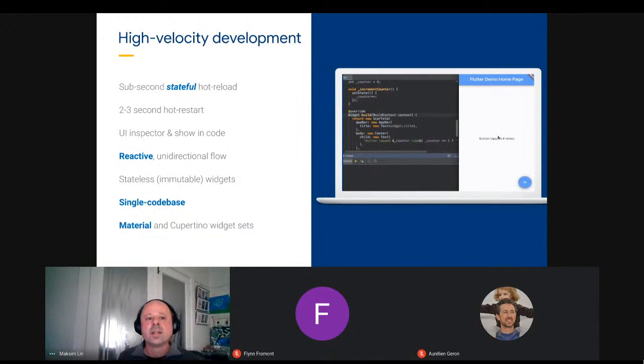Now, there's also other tooling involved. There's a fantastic user interface inspector, and it has a great feature which lets you basically click on a particular part of your user interface and actually jump to the Dart code in your app that actually created that part of the user interface, whether it's a button or text form field or something like that, whatever it is.